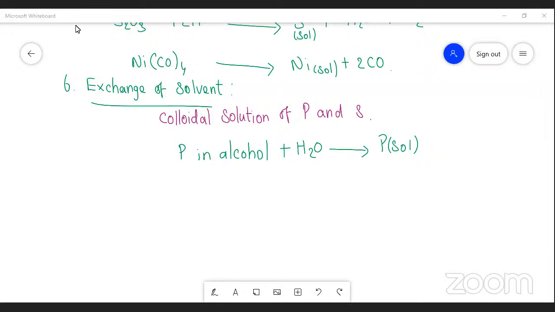What are the non-electrolyte reducing agents? Tannin, hydrazine, phenylhydrazine, formaldehyde. Whether it is hydrogen or hydrazine: hydrogen means it is H2, hydrazine means it is N2. NH2 bond NH2 is nothing but N2H4. And you know the formula of urea,